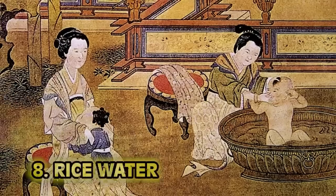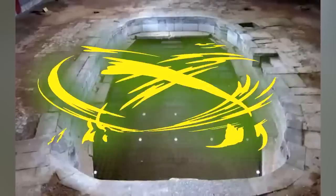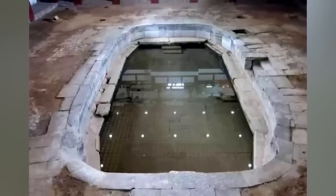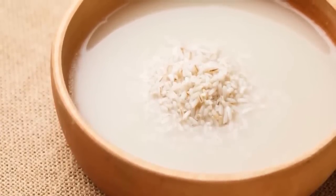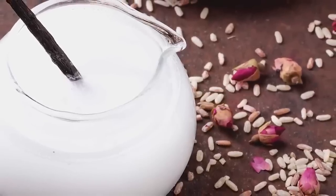Rice water. So, the Chinese washed like once a week. That's fine. But how did they wash? What did they use? Well, in the beginning, it was actually common to bathe using rice water as your go-to. It would be used as both body wash and shampoo. The rice water was really good at removing oil and keeping that hair and scalp nice and beautiful,